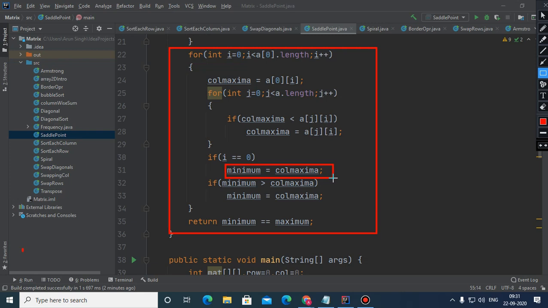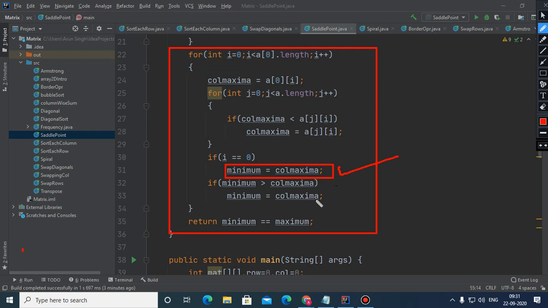And when you have only the maximum from the first column, that maximum will become the minimum, because till now the maximum from the second column you have not got and you cannot compare. Comparison will start only when you have the result of the second column. So when i is 0, this statement is very important.